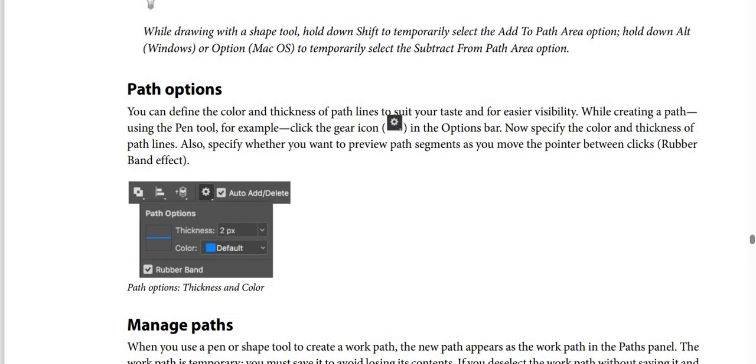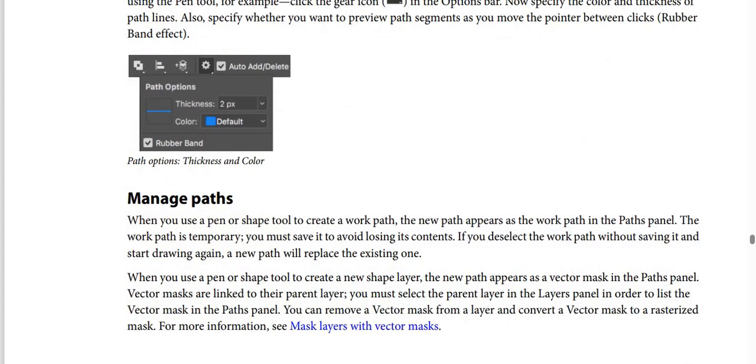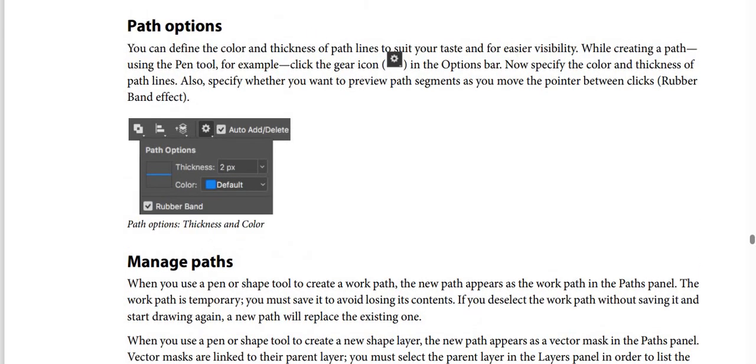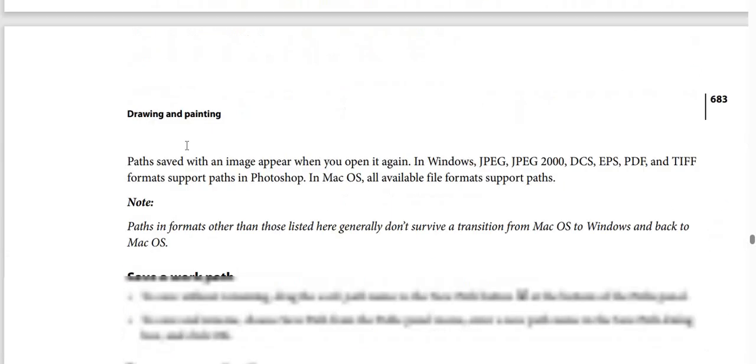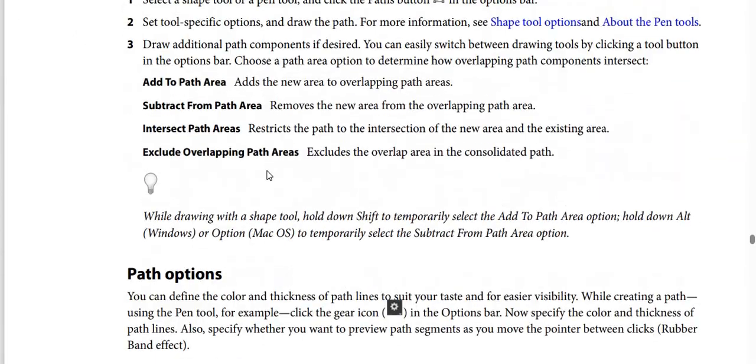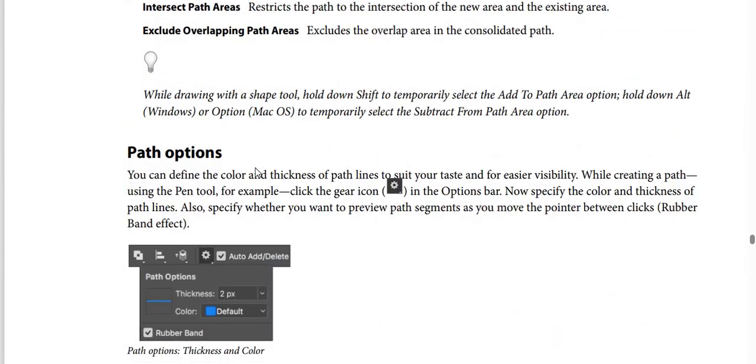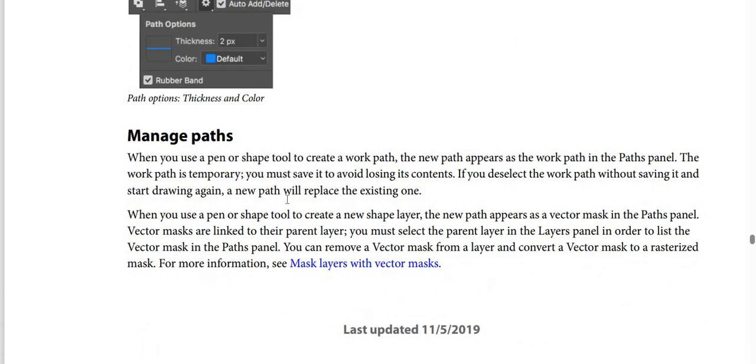And after that, how to manage paths. How to manage paths. When you use the pen or shape tool to create a work path, the new path, by